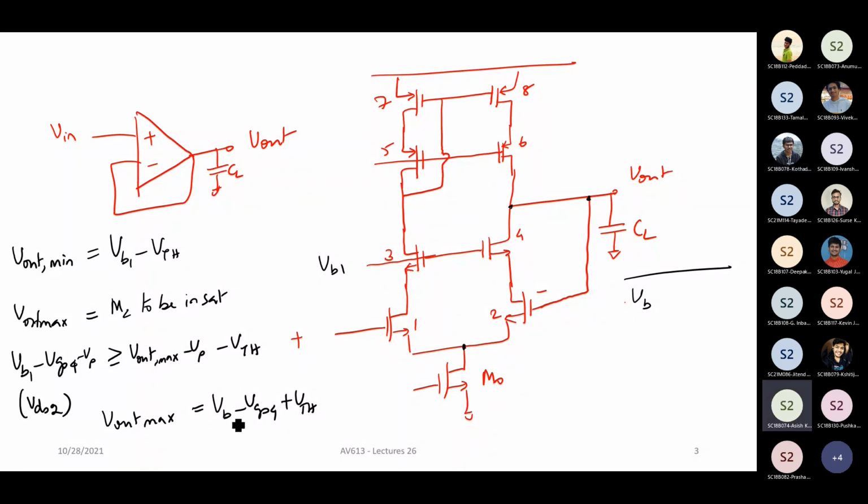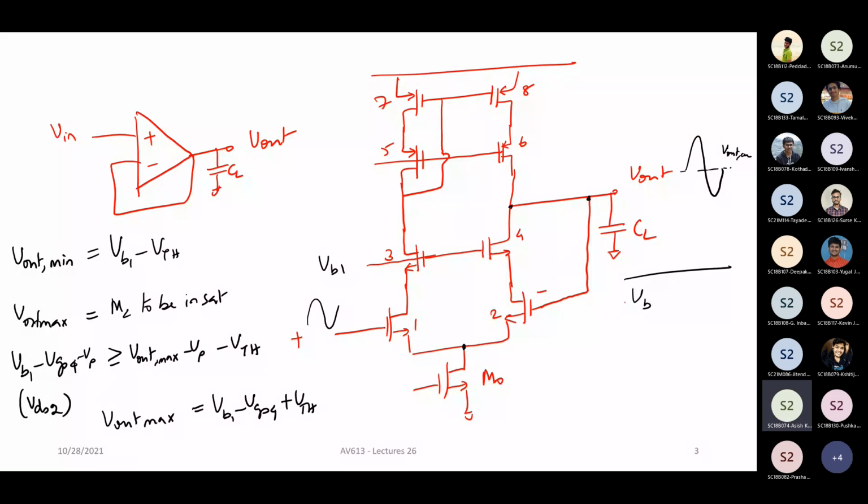Sir, we know that in transistors 1 and 2, ITAIL by 2 current flows. So shouldn't V out be fixed? Why will it be fixed? Because you're changing the input voltage here, no? Let's say you're giving a sinusoid here. Sir, the V out is a DC voltage, right? We are talking about the swing actually here. See, when you give a sinusoid here, this V out will also swing, no? Across a certain V out common mode.